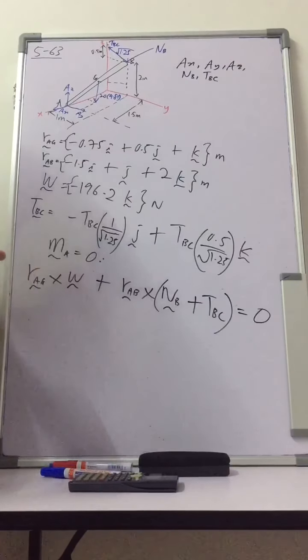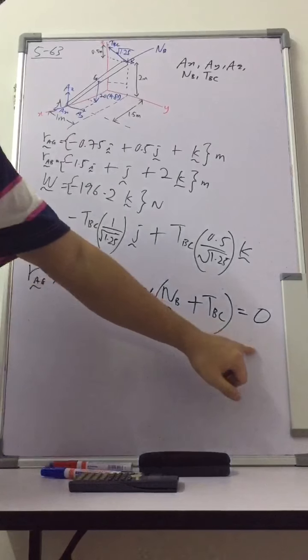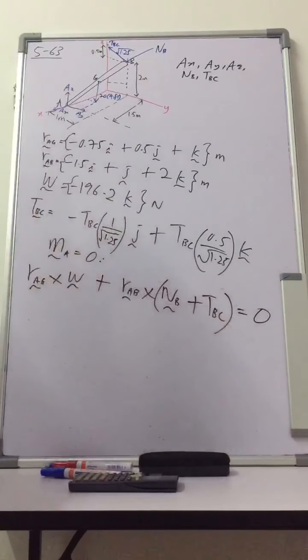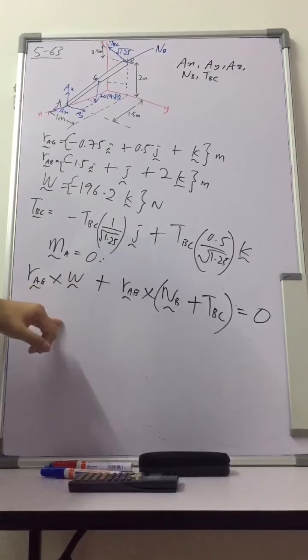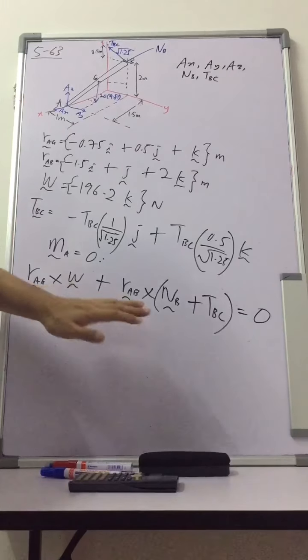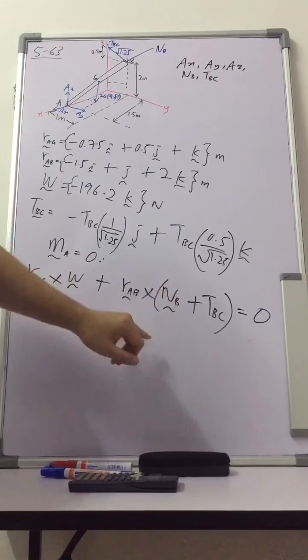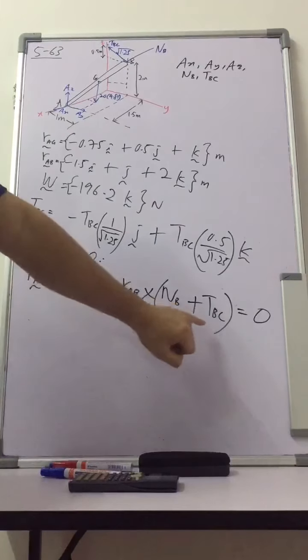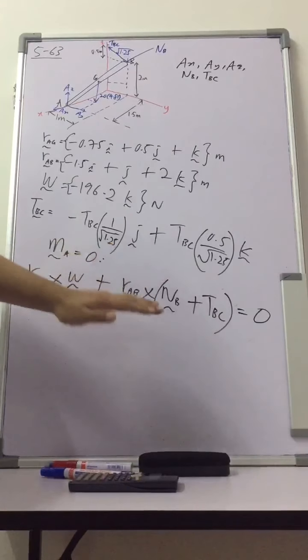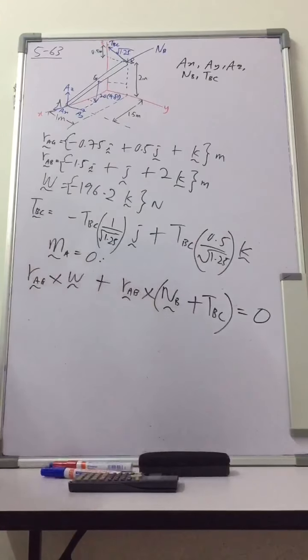in this form. So remember, although this looks like one equation, actually it has a couple of equations, probably 3 or 2. Okay, so don't worry. Actually, we can solve. I'll show you. We can solve this NB and TBC right away from this equation, right? So how to do this